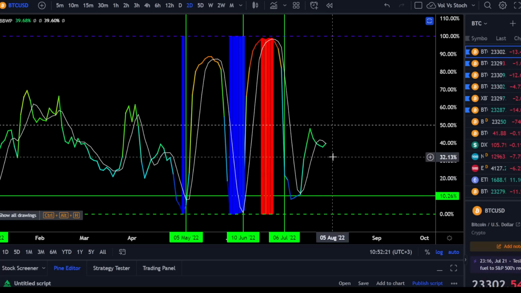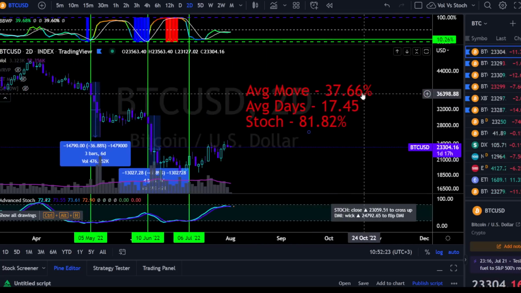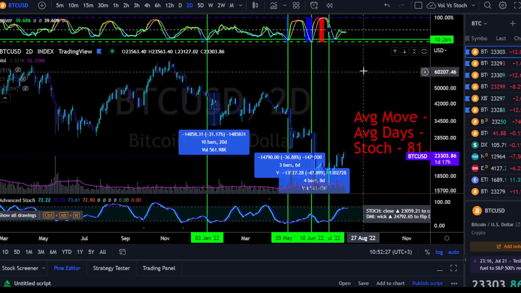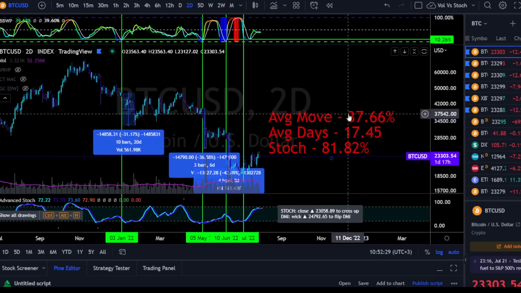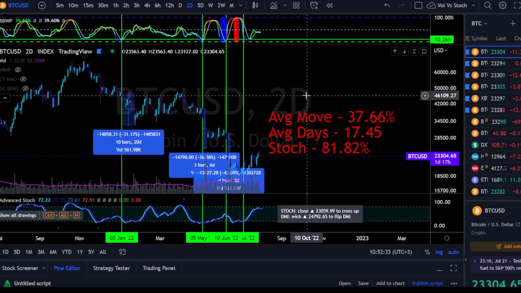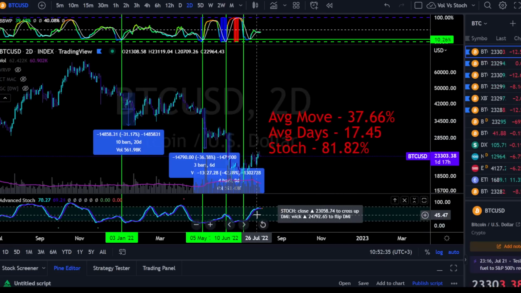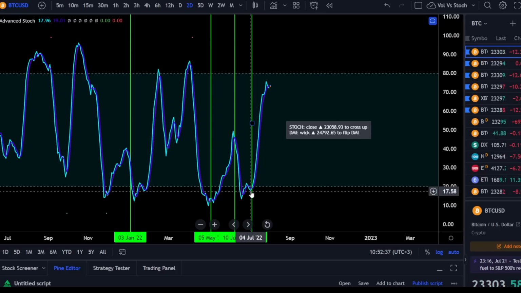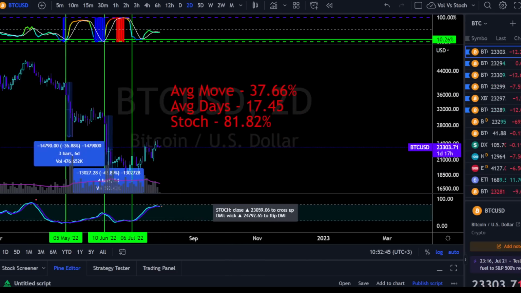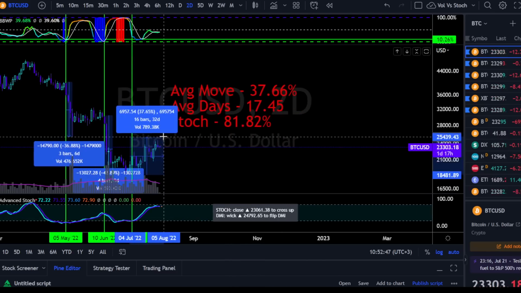The expansion phase from there has led to an average move of about 37.5% over many iterations for the past few years, done over the course of about 17.5 days, and the stochastic momentum also has gone in the correct direction on that move for almost 82% of the time. Now, we saw that happen in early July / late June, which was driving the upside biases on this channel, and 37.5% of an upside move from that region would be